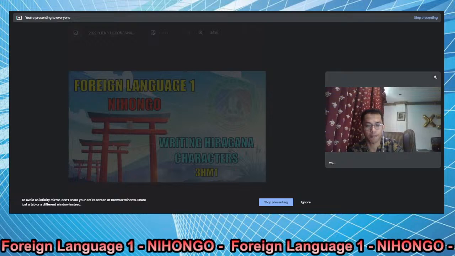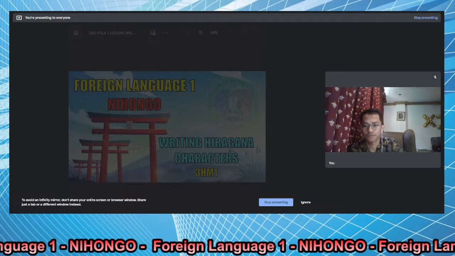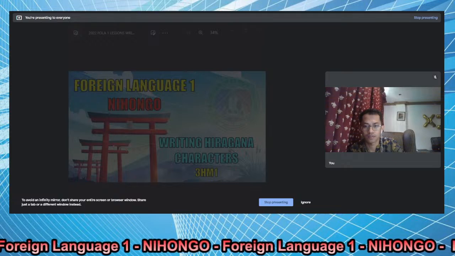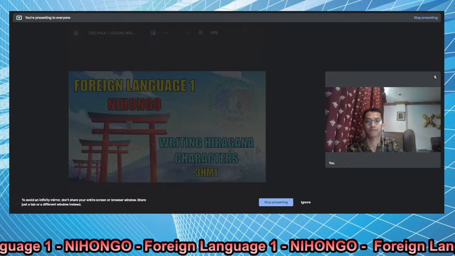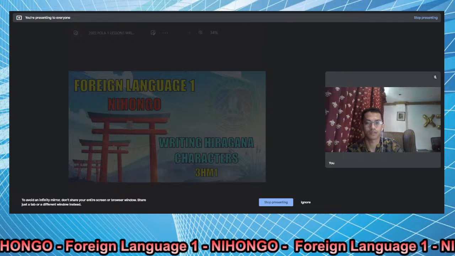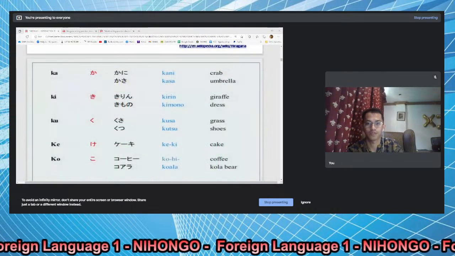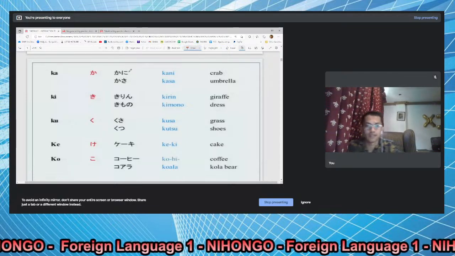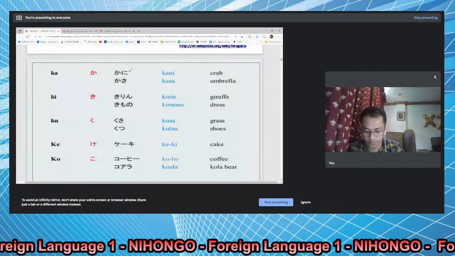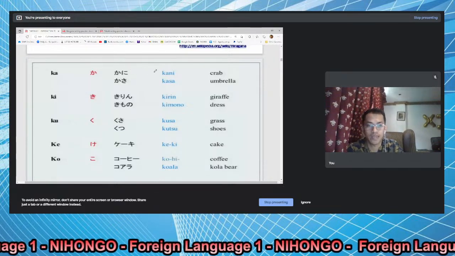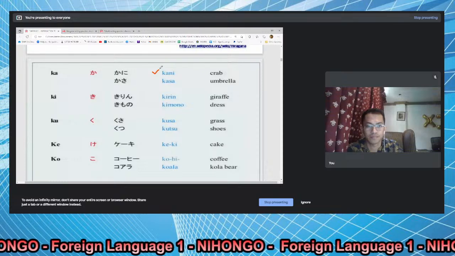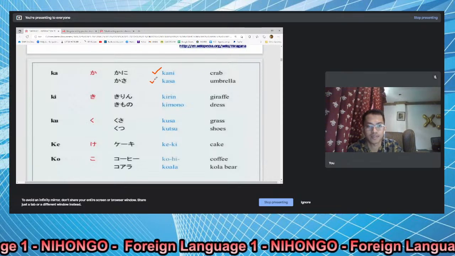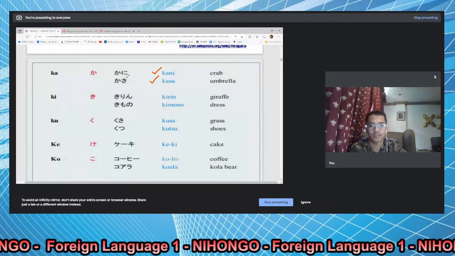From the K group, we have kani, which means crab, kasa, we saw that earlier, kasa,